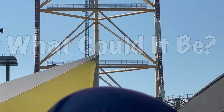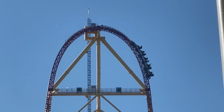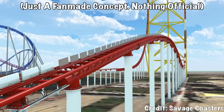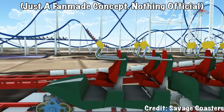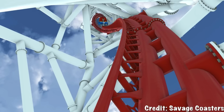So I have a few possibilities for what this structure can be, and I'm going to go from the most likely to the least likely. First, we are going to be talking about a backward spike. Now, I initially denied this backward spike back in my old prediction video, but now that I think about it, looking at the position of this and where it would be, I really think that this could very easily be a spike. Many people have speculated that this ride is going to have a swing launch, a launch that goes both backwards and forwards,